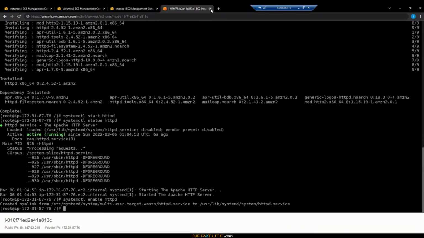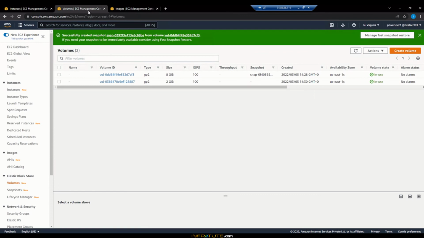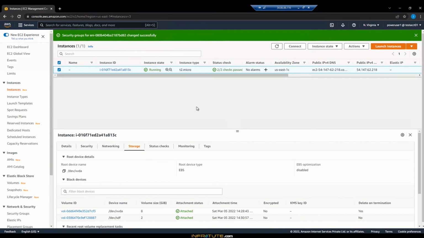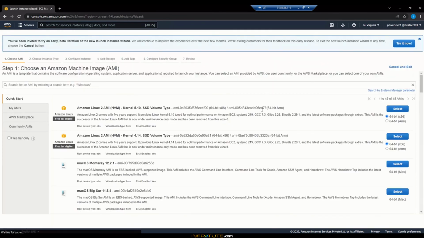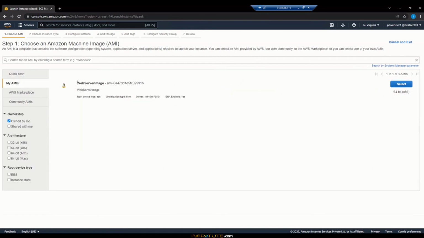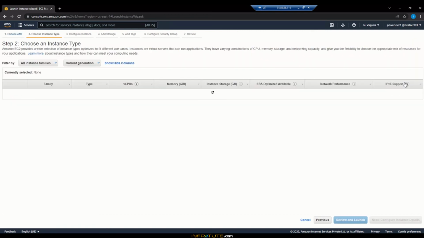All right, let me close the other one. Let me close the volumes also. We don't need that. This also we'll close. So we'll go and launch a new instance. Now, when you're launching a new instance, instead of using the quick start, click on My AMIs and you see your web server image which was created by you. So you see the owner here. The root device type is EBS, virtualization type is HVM, and the owner is you. And it is for the 64-bit x86 architecture. Let's click on select